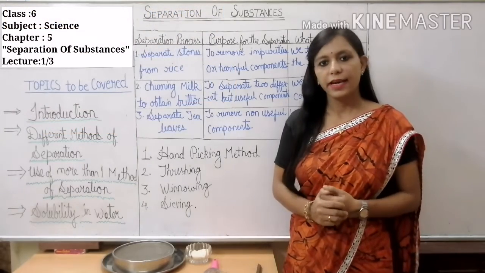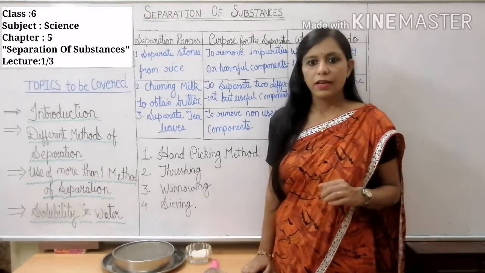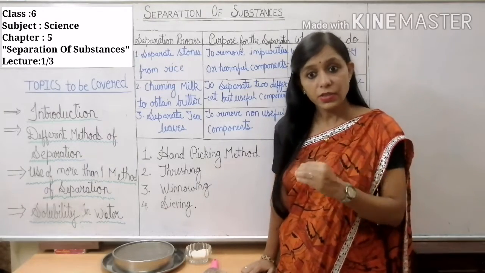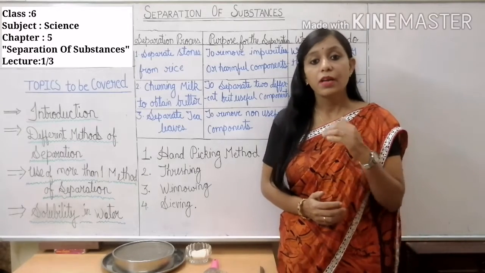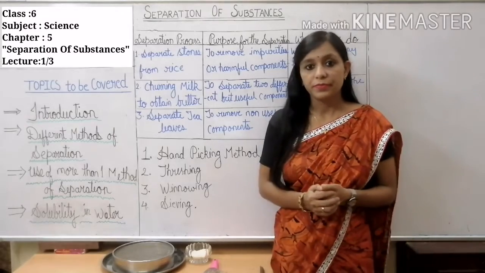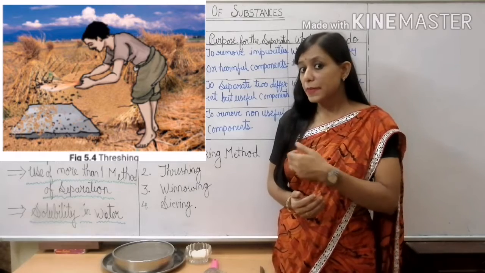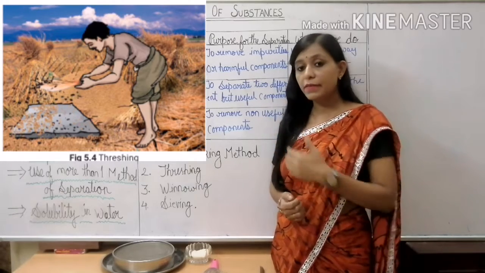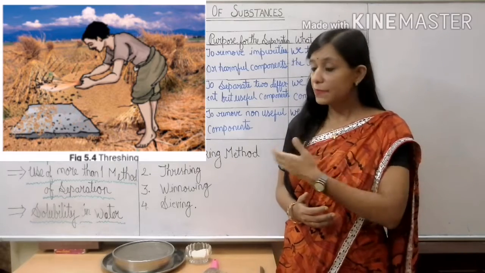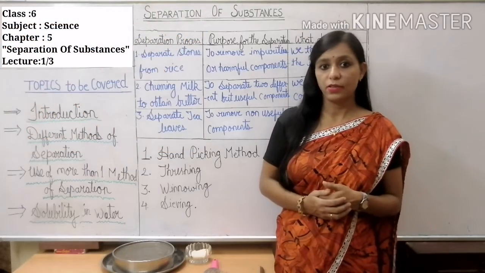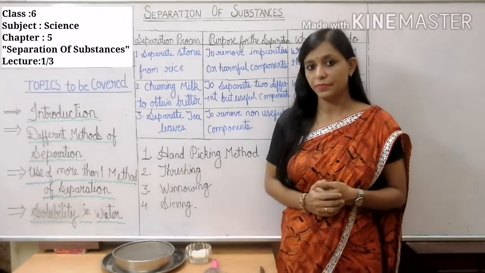Right? Let's move forward to our next method, and that is threshing. Threshing is a method that is used to separate grains from stalks. Let's see how it can be separated. See this farmer? He is beating stalk on the iron plate and separating grains from it. This process is known as threshing. Threshing is done either manually or by using a thresher.